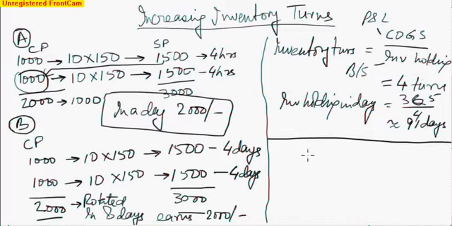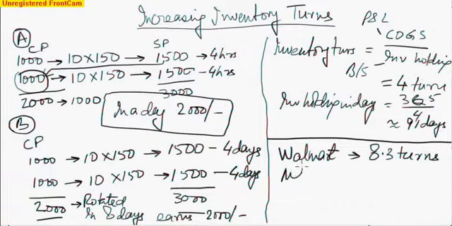Inventory turns also depends a lot on the industry that the organization is in. Take the example of Walmart, a retailing giant. If you do the same calculation there, you will see that the inventory turns of this organization is around 8.3. You do that for a large manufacturing organization, say into steel or aluminium, and you will see that the inventory turns is around 3.